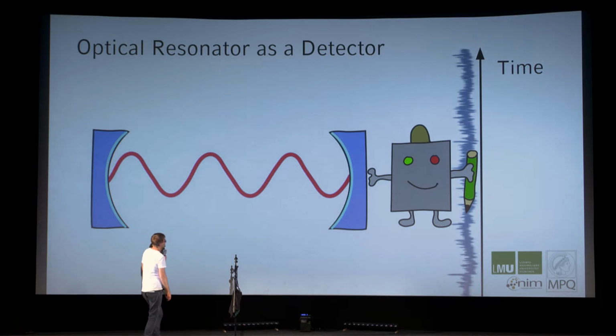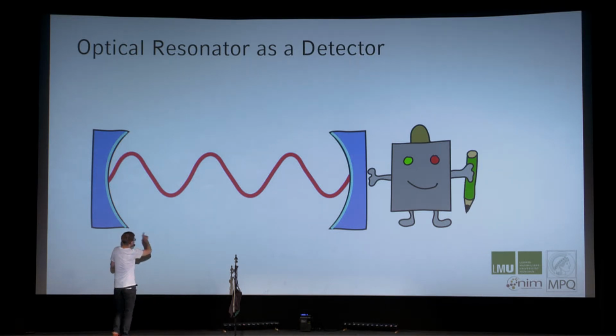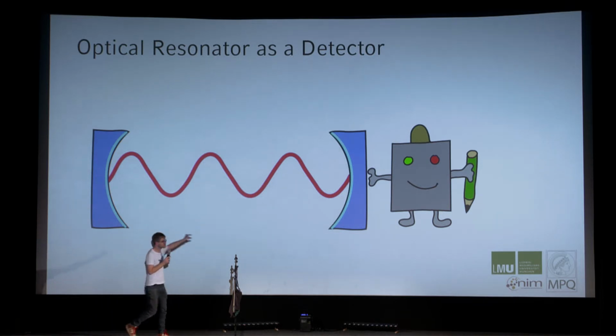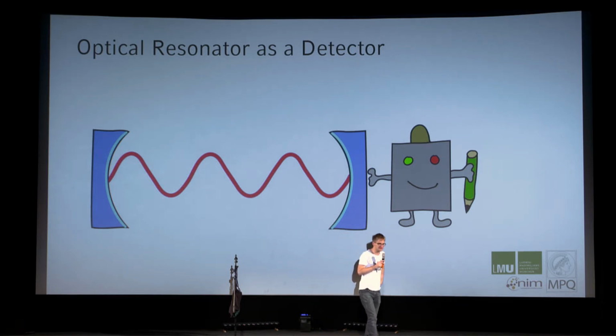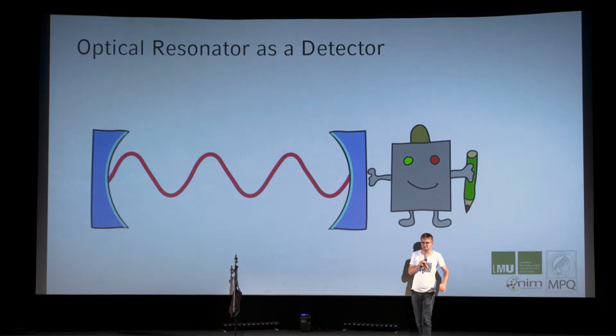Yes, here it is. That's too far. So we have to measure this with an optical resonator. An optical resonator has two mirrors, and in between, at a distance of a multiple of half a wavelength, we have a light wave. The distance really has to be exactly the distance of a light wave, and the light wave, you all know, is very short. The wavelength of light is very short and very precise. So we have to keep the length exactly at the perfect length.